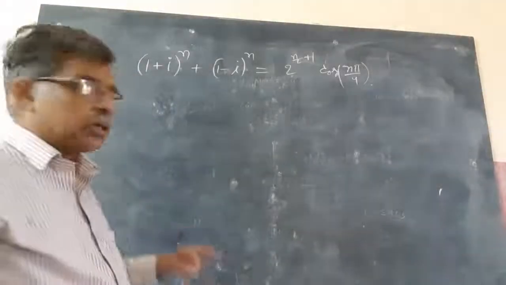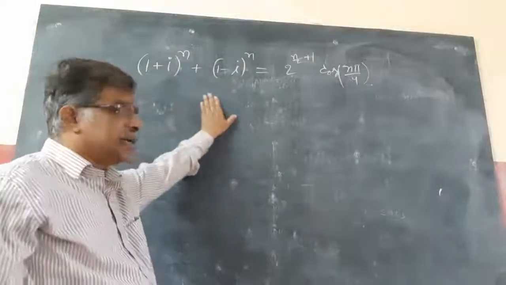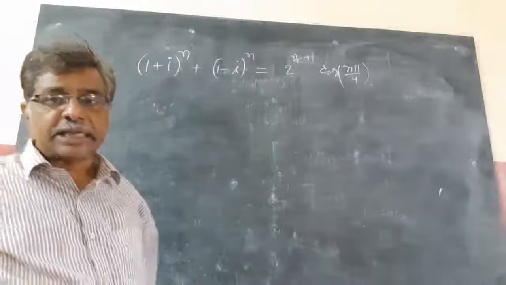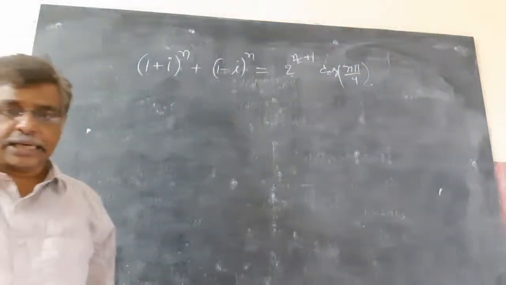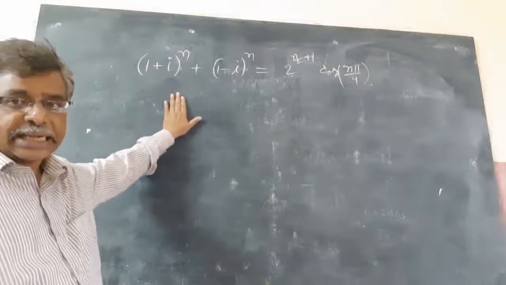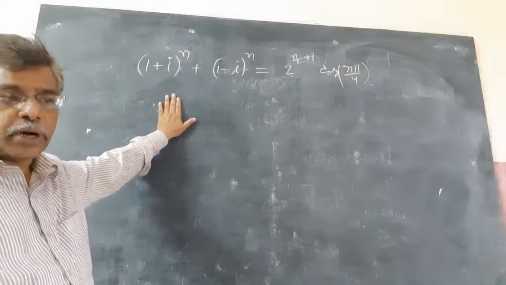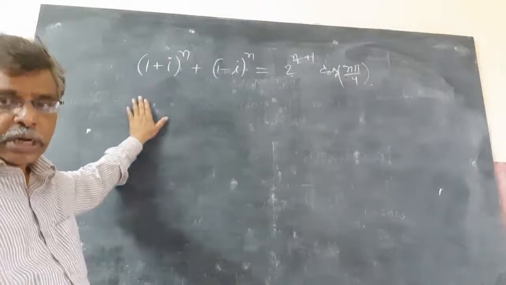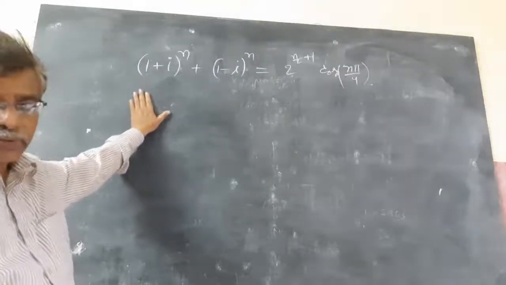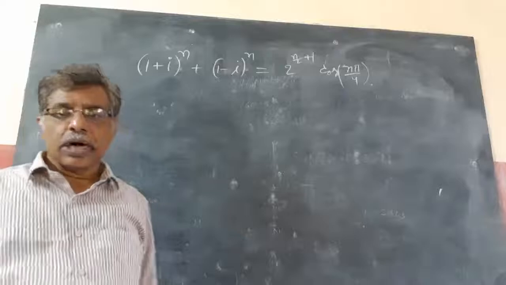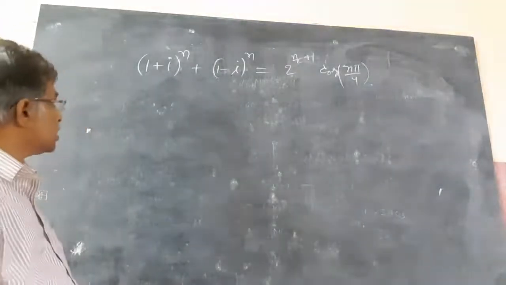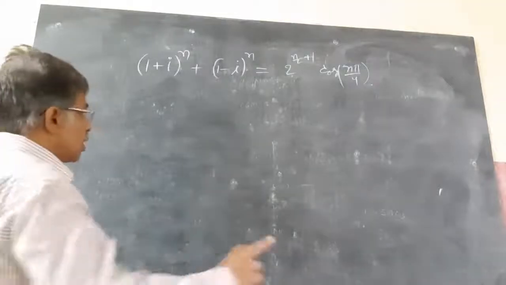Very simple. To apply De Moivre's theorem, (cos theta plus i sin theta) whole power n, we can apply De Moivre's theorem, cos n theta plus i sin n theta. So convert this into polar form, because this is not in cos and sin. If we convert this into polar form, then this will be converted into cos theta plus i sin theta. So according to polar form, first you need to find modulus r into cos theta plus i sin theta. I taught you everything on how to find theta and r. Now we will apply that.